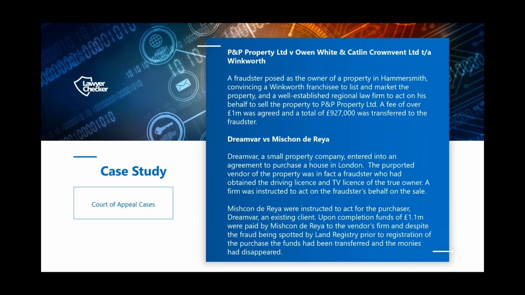Case study 2 is a well-known case that reached the Court of Appeal. In P&P Property Limited versus Owen, White and Caitlin, a fraudster posed as the owner of the property, convincing an estate agent to list the property, agreeing a sale, and fraudulently pocketing the sales funds to the tune of nearly £1 million. In a similar case, Dreamvar versus Mishkonda Raya, the fraudster had obtained the driving license and TV license